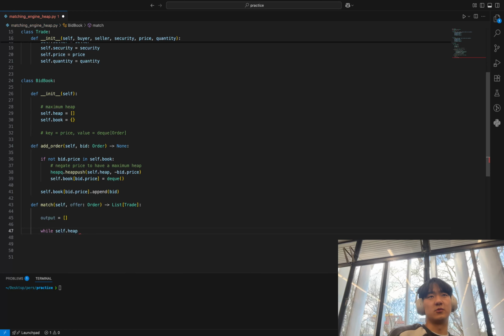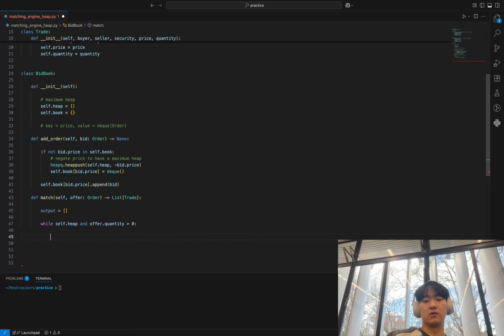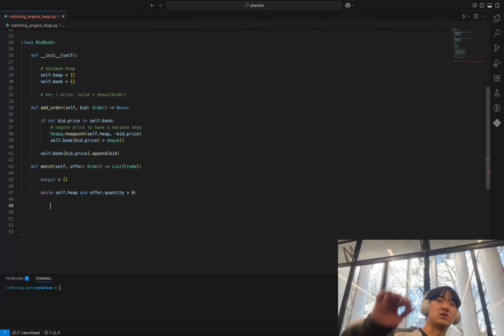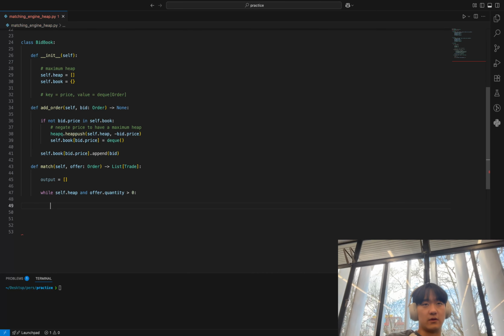I'm not too sure which is more performant, to be honest, but I imagine they're quite similar as we just check it with any. So while a heap exists and there exists more than zero offer quantity to be traded. So this means while there are outstanding bids and while this offer hasn't been completely executed,